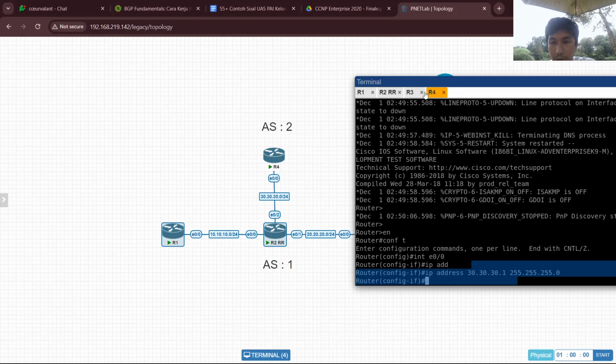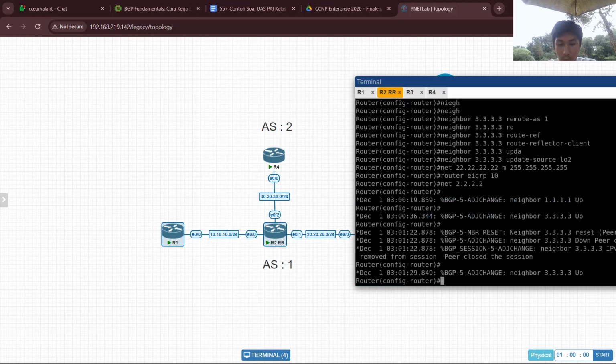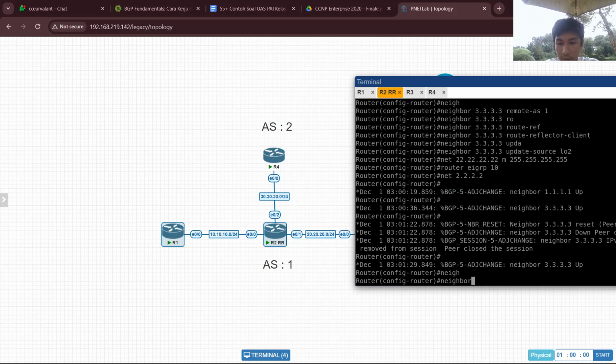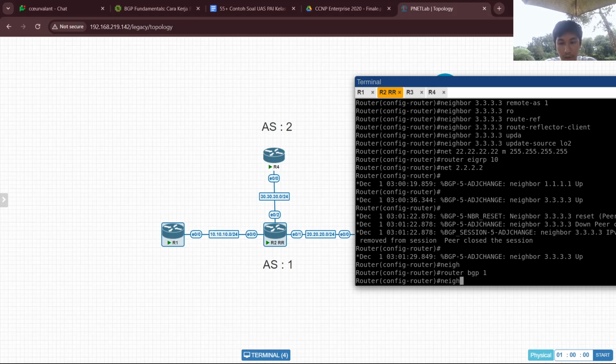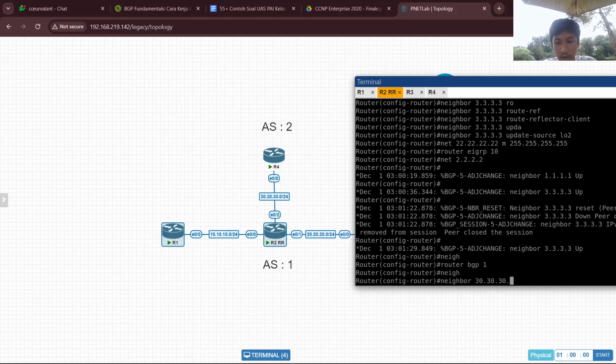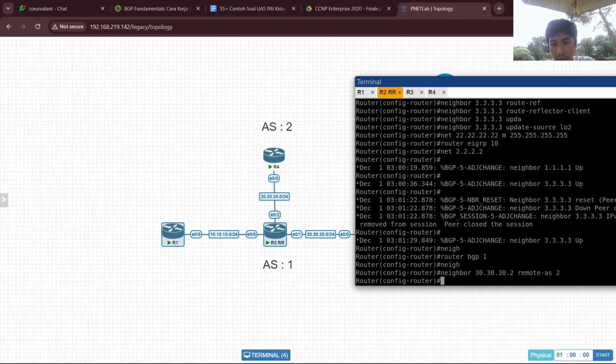Okay, now we connect this router. Wait a minute. Router 2. Now we use a BGP peering that connects to router 4. BGP 2, then neighbor 30.30.30.2, remote AS 2.